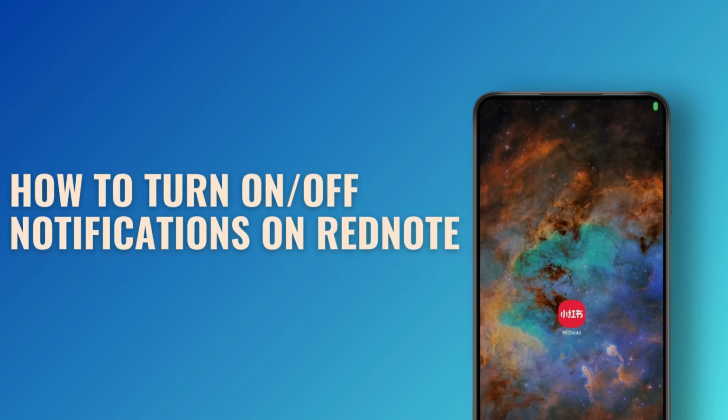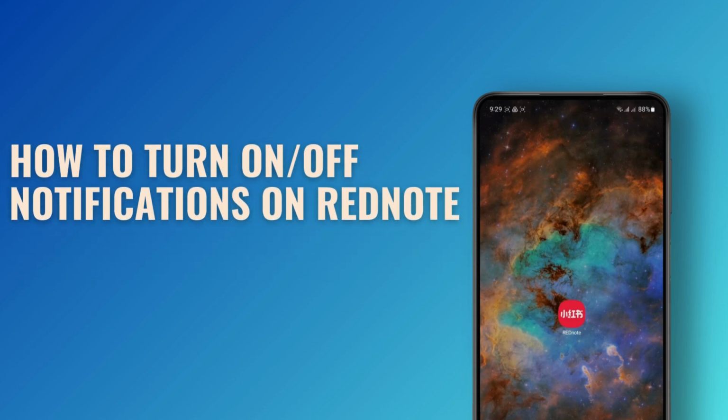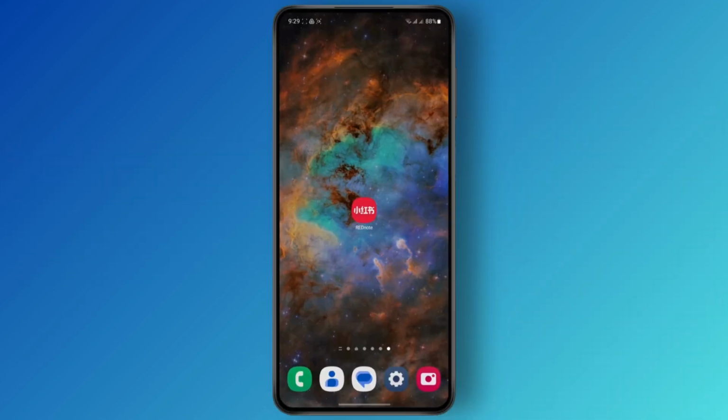How to turn off or on your notifications on the REDnote app. Hey everyone, in today's tutorial, I'm going to show you guys how you can easily enable or disable your notifications